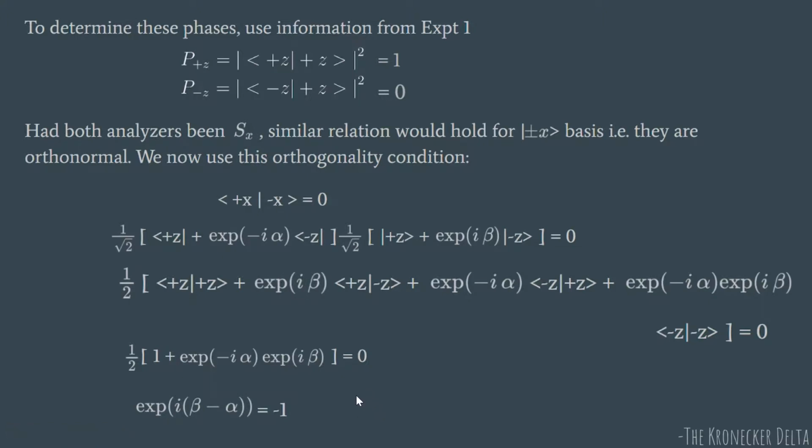You can write it as exponential e to the power I beta divided by e to the power I alpha. You send e to the power I alpha one side, and what you get is e to the power I alpha equals minus e to the power I beta, right? So we have obtained a relation between alpha and beta. Though we haven't obtained the absolute values, we get a relation connecting alpha and beta.